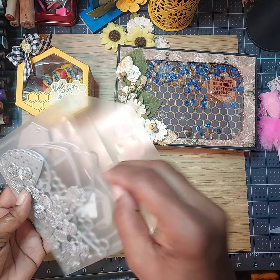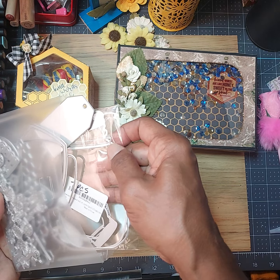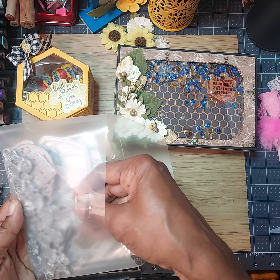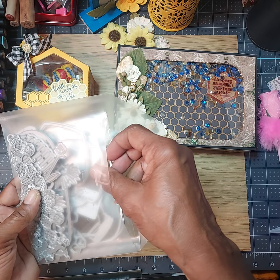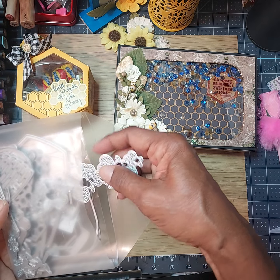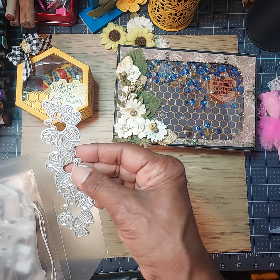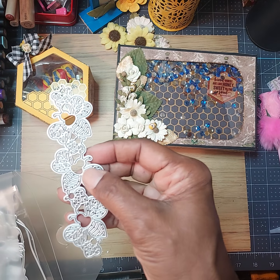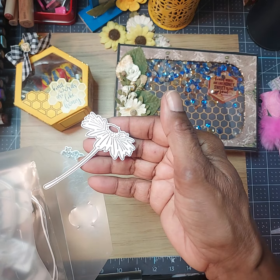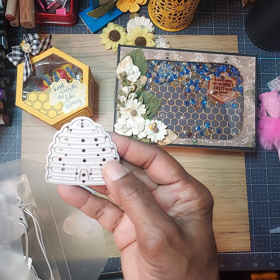But I have a collection of dies that I have gathered that I've used from different brands. Some are Momentum, some are Sizzix, some that I ordered off of Amazon, but they're all flower and bee related types of dies. And this is one that I used. This is a really, really pretty border bee die. I also have some of these wildflowers that I ordered. I have this little bee skep, little beehive as you call it,